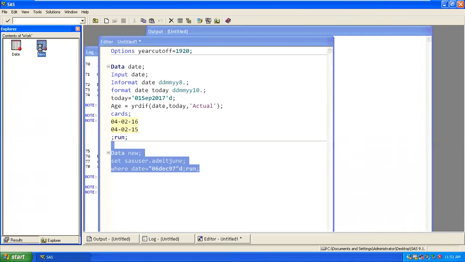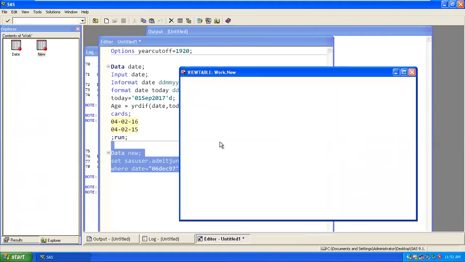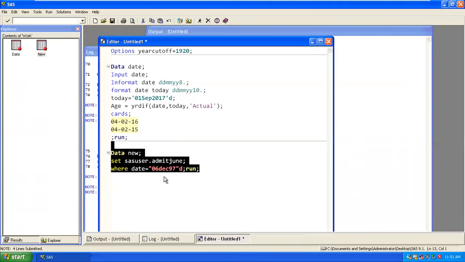So let's go ahead and look at this again. Yeah, so this is not in proper format. So what I can do, I should convert this date. So for this, I can use date equal to input.